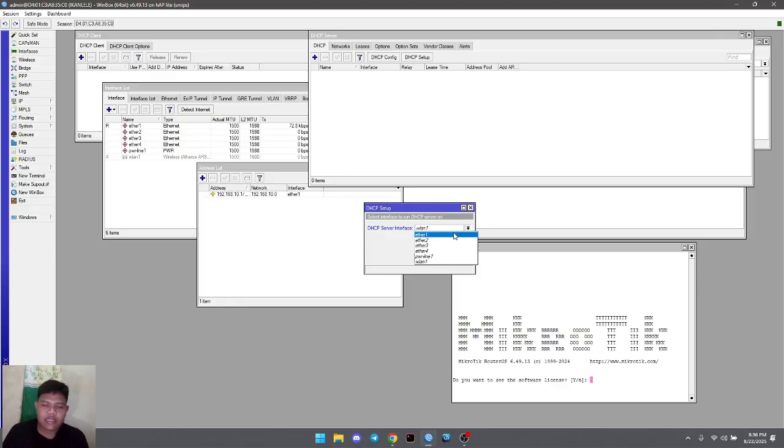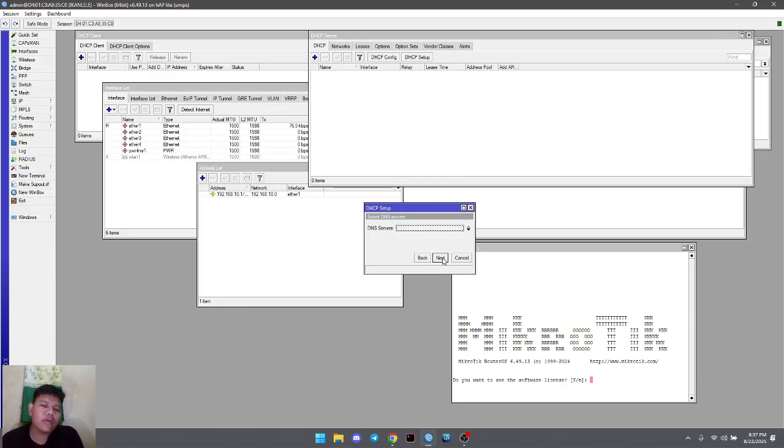So I will select Ether1, next, and then the DHCP address space. This is the default configuration 192.168.10.0/24. Dot 0 is the network, and then the gateway of the DHCP network from this IP address is 192.168.10.1. And the next, and the next.